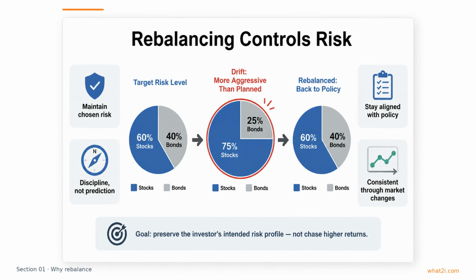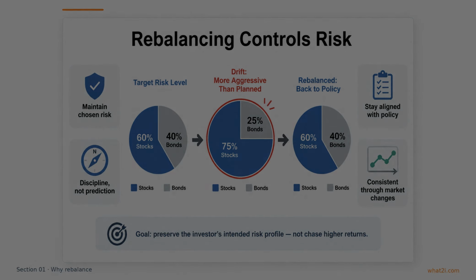The main purpose of rebalancing is risk control, not return maximization. It helps prevent market movements from slowly transforming a moderate portfolio into an aggressive one, or a growth-oriented portfolio into one that has become too defensive. In that sense, rebalancing protects the investor's investment policy from being rewritten by the market. It also reduces the need to make judgment calls based on headlines, forecasts, or emotion. The discipline is simple: stay aligned with the chosen level of risk. A well-run rebalancing process is really a way of preserving consistency through changing markets.